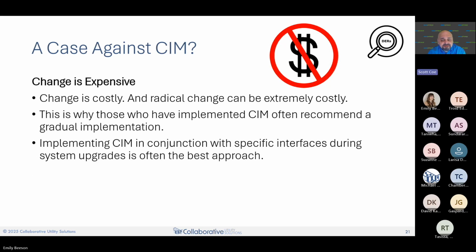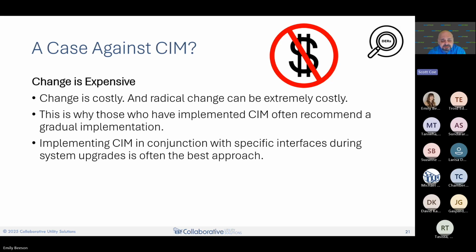And then finally, the big one is I don't want to pay for this. It's very costly. Oftentimes software solutions come with their own database and you don't have to worry about it. You can just accept the vendor's model. If you happen to be aligned with one of the big vendors out there, you may have been using that vendor for decades, and it sort of makes sense just to align yourself with those data models. But you're really limiting yourself here, and there is a cost to making that change.